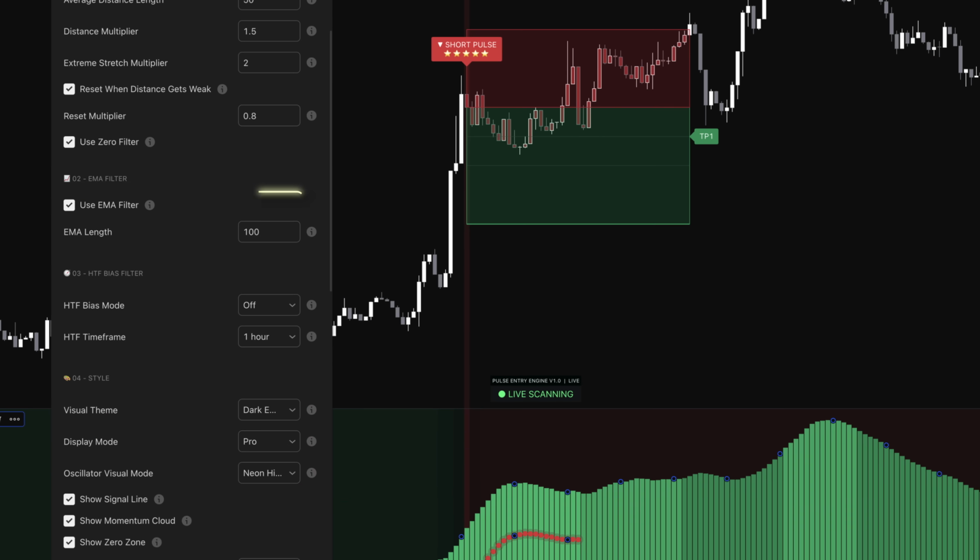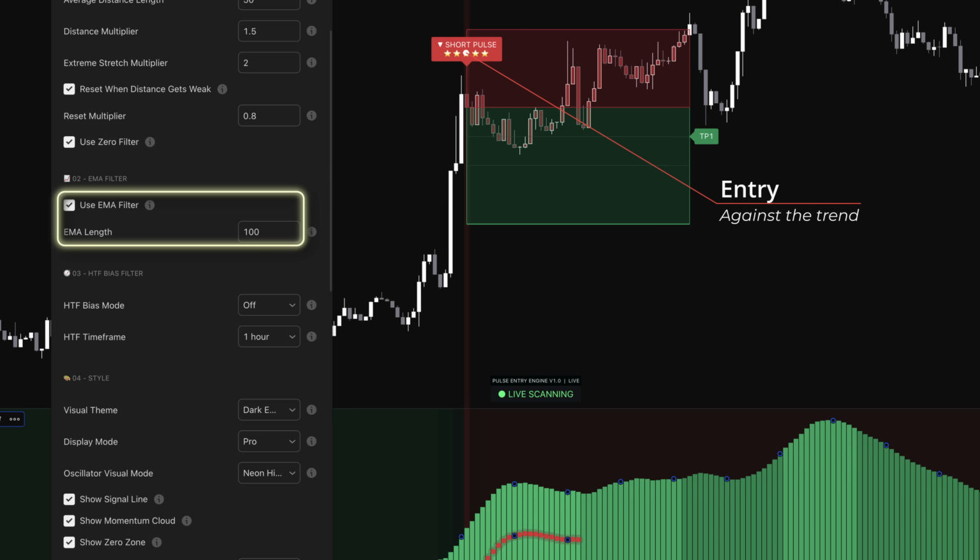The EMA filter logic is also worth understanding before you use it. The reversal orientation means longs are only allowed when price is below the EMA, which is counterintuitive if you expect a trend following filter. It can work, but it will suppress signals in trending conditions, where the most reliable scalp